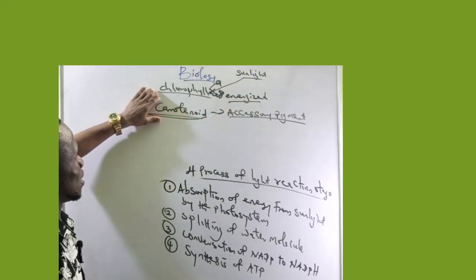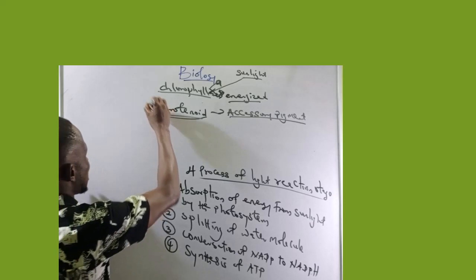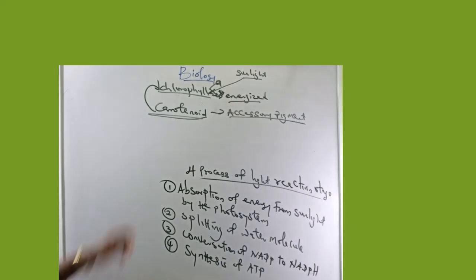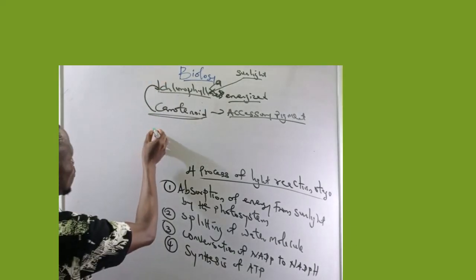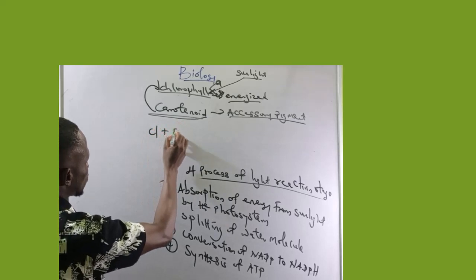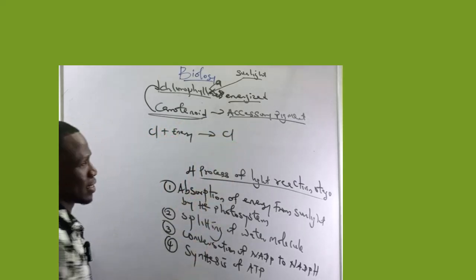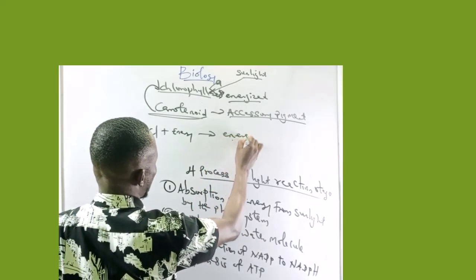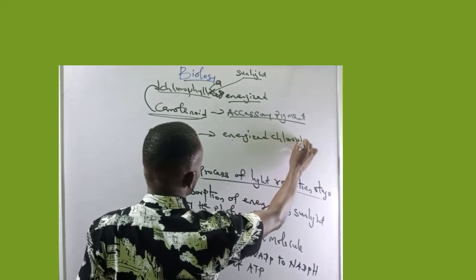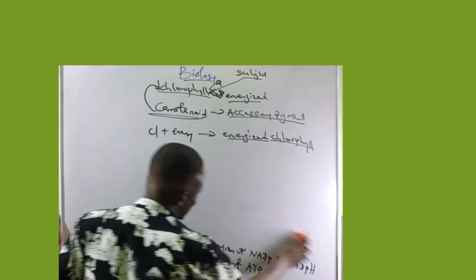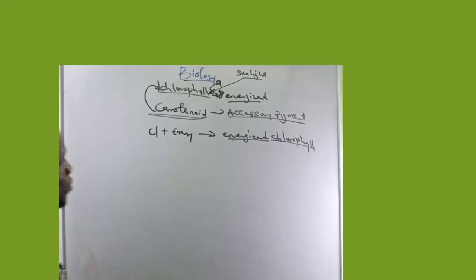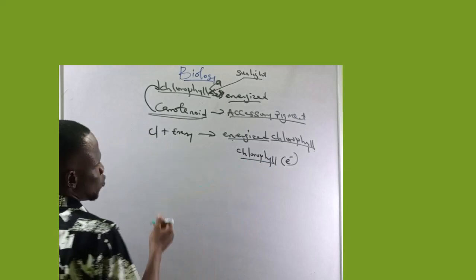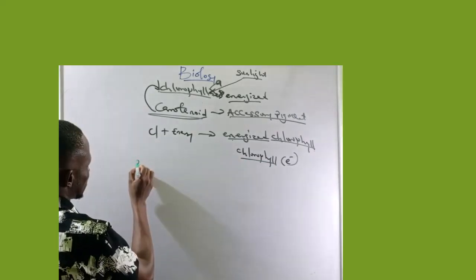However, the energy they absorb is transferred to the main pigment that will be energized. So when the chlorophyll absorbs energy from the sunlight, it becomes highly energized chlorophyll. This energized chlorophyll has a lot of energy, which will be used in the second stage, which is